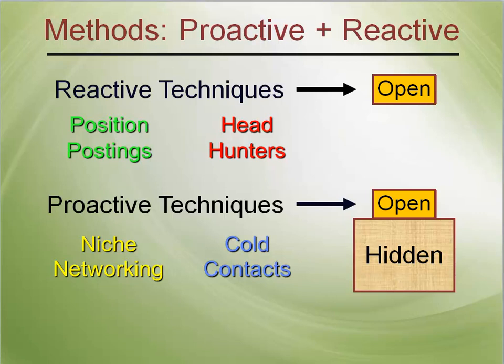To be proactive, you must have targets. Targets are different than opportunities. With a target, you don't know if there is an opportunity that's there and right for you or not. You don't know if they have a position you can fill or a problem you can solve. But you're going to be proactive and find out. Proactive techniques include niche networking, which is designed to get you information about or introductions into your targets, and then cold contacting, which is the last thing you do. It is used only when networking fails to create a connection.